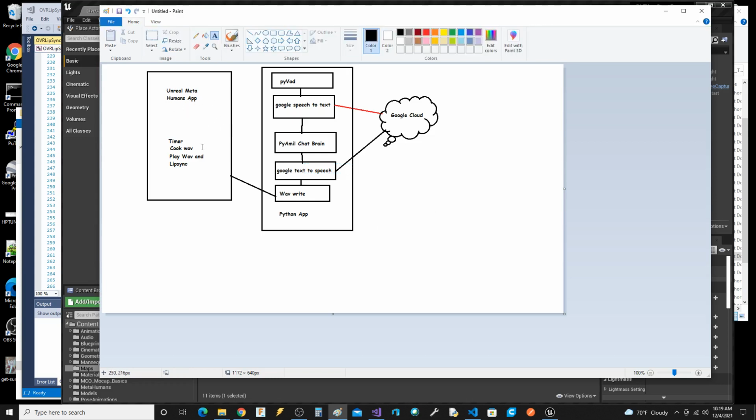So maybe you have an Unreal component, and all of this stuff in here is running in the cloud. And you could also do this text to speech, that's where your voice comes in.